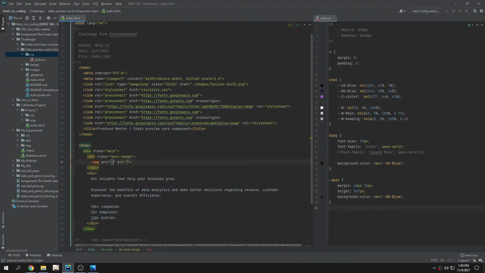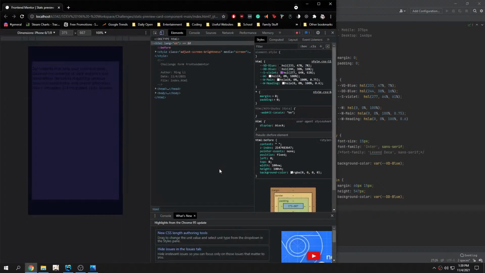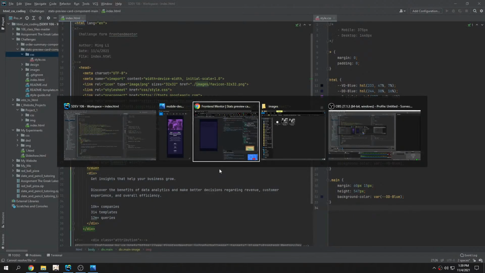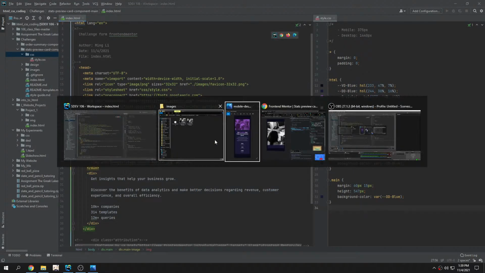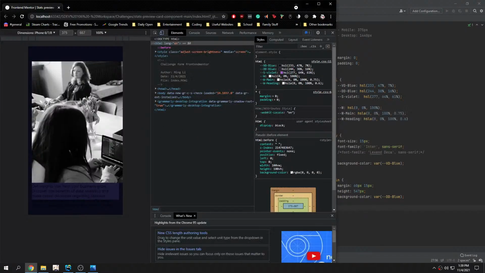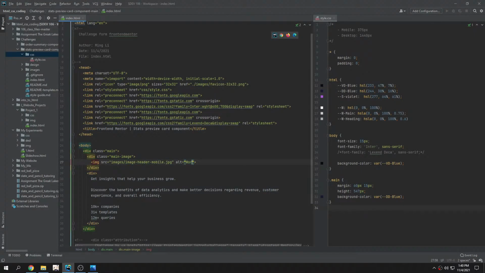Oh no, this is the HTML, so what's it called again? It's called the image header mobile, and then this will be this. What do I even call this? Working, sure. Anyway,